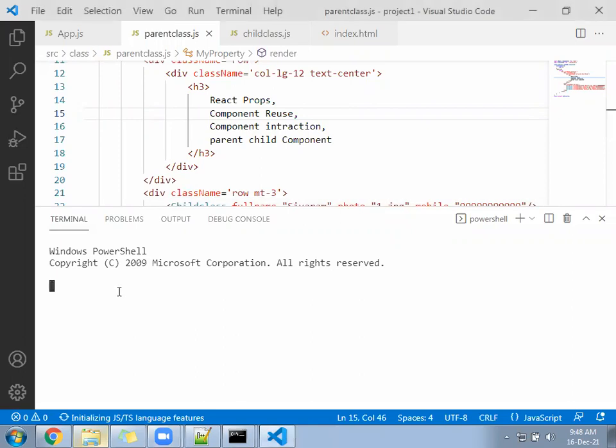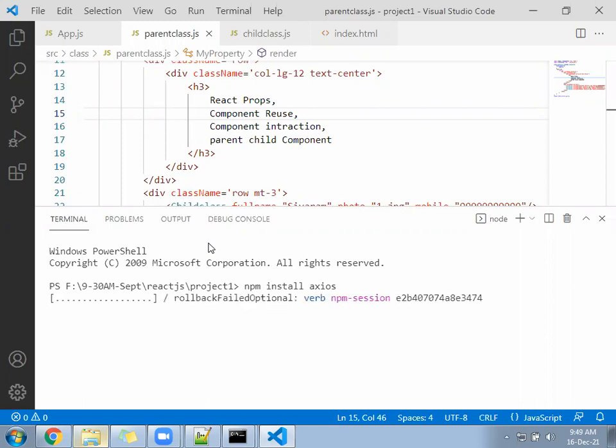Okay, so hope you are in the terminal. You will write there npm install axios. Enter. Hope installation is going on.